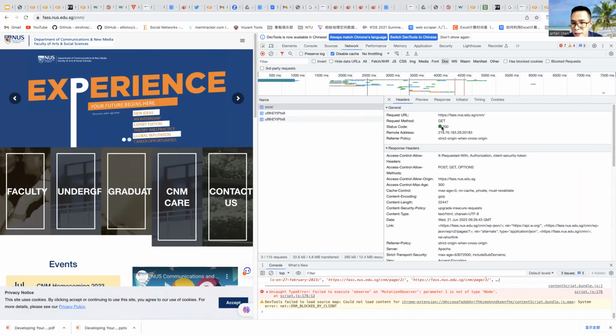You will find that the status is 200, which means successfully connected, and the request URL is the CMU URL. This is the URL, and the request method is get. We get the page. Okay, this is the scenes. What we are doing.